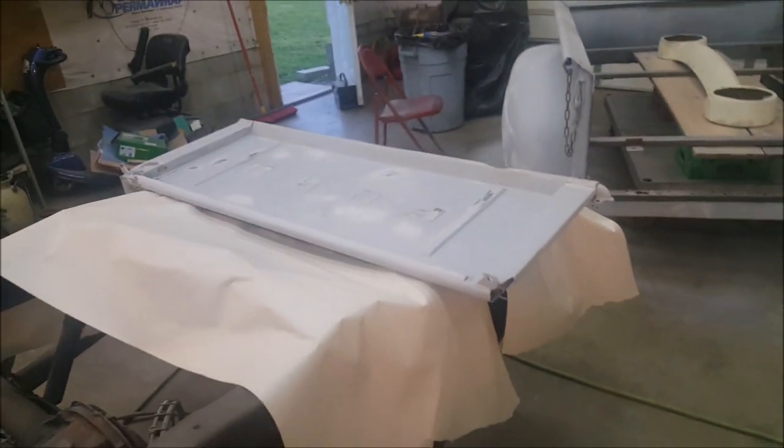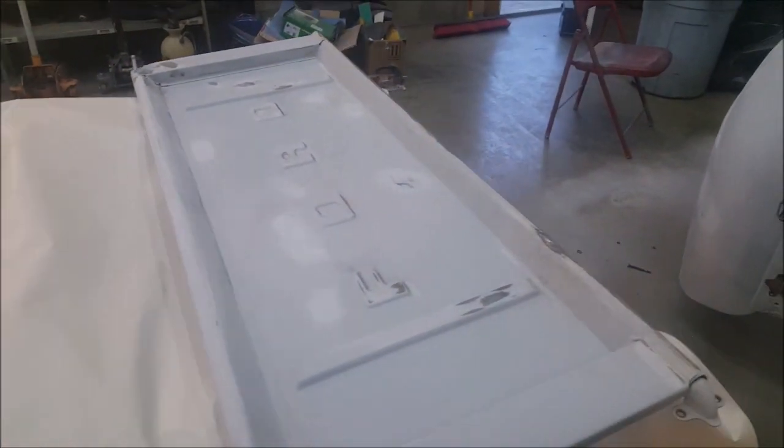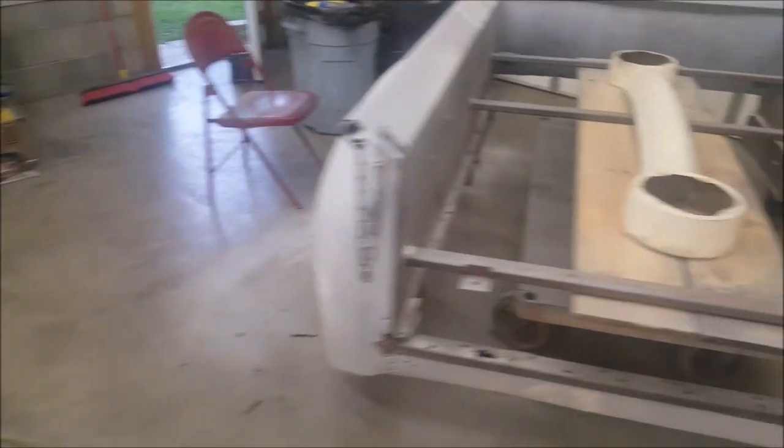Now we've looked at them at several different angles, holes, dents, dings, and everything. Little crack here, you can see we marked all of them. These are things you could not see with the naked eye, especially with this thing being multicolored. Same with the tailgate and bed. As you can see, I've already started knocking out these dents and dings and cracks and holes and stuff